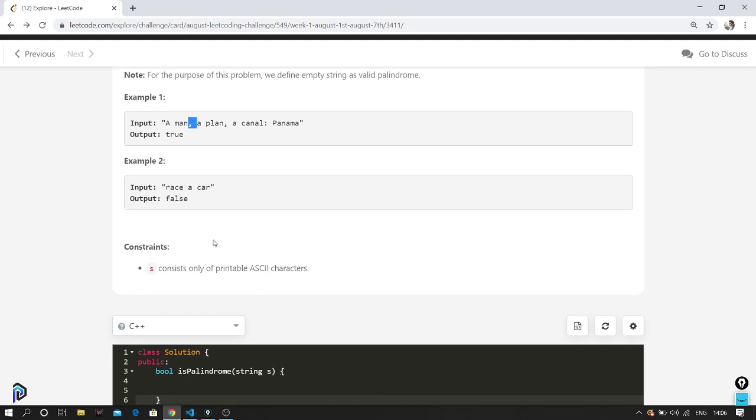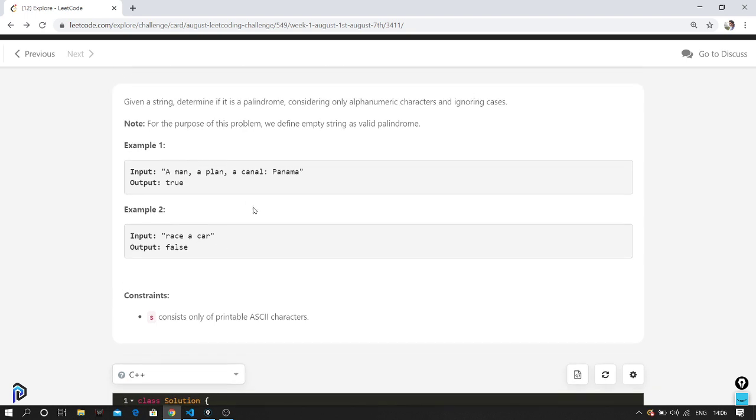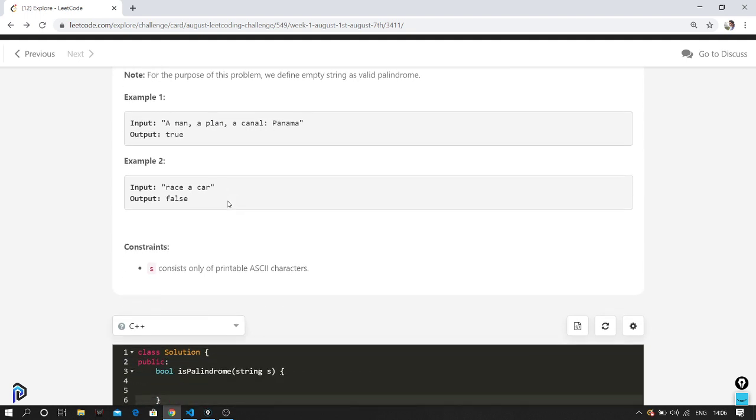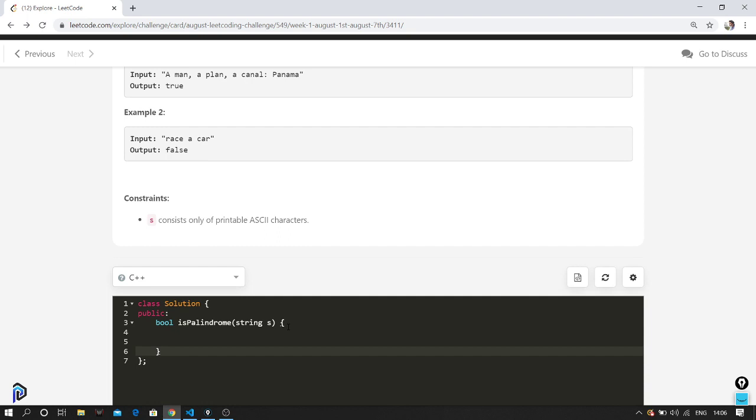So we'll try to solve this question with two approaches. In the first approach, we know it is very easy to check whether a string which only consists of alphanumeric characters is a palindrome or not. We know how to do it. So what we'll do is swap all the alphanumeric characters to the starting and just compare within the range whether it's a palindrome or not. So that is the first approach we are going to take. Second approach, we'll discuss it later. That second approach would be more optimized than the first approach.